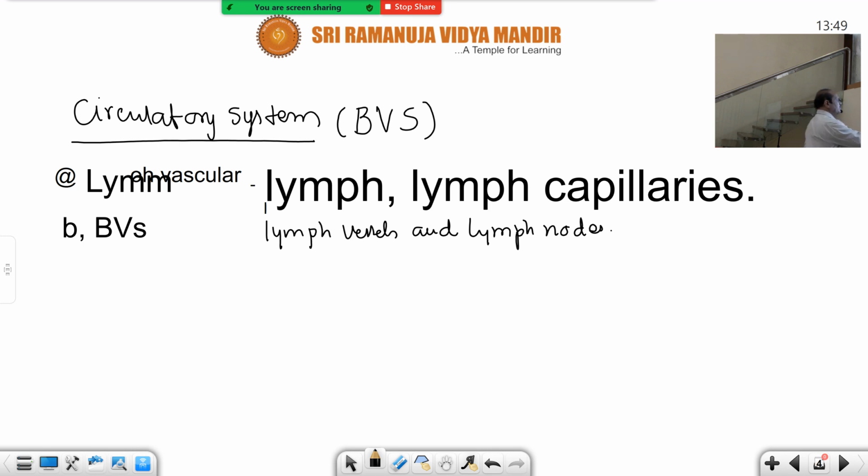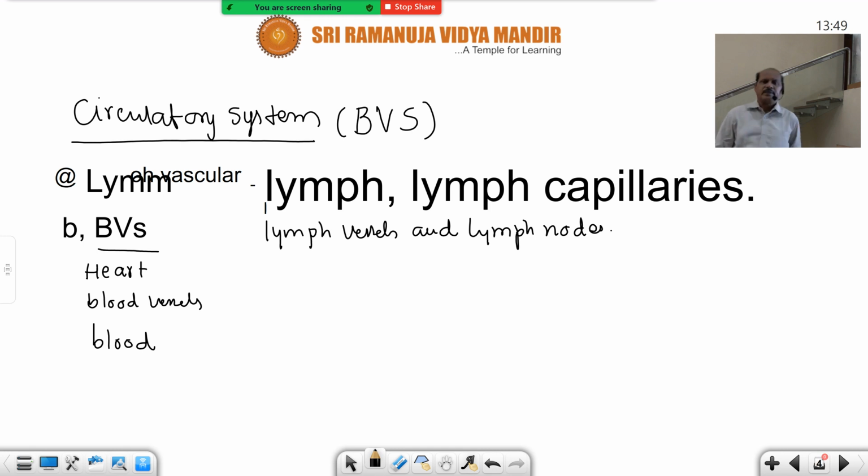Now the blood vascular system of the frog. The blood vascular system includes heart, blood vessels, and blood. Like that we can divide the blood vascular system into three categories: the heart, blood vessels, and blood. Let us take the heart first of all. The heart is three-chambered. You know pretty well. In both reptiles and amphibians, a three-chambered heart is there. All reptiles have a three-chambered heart except